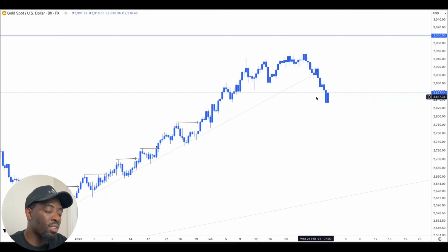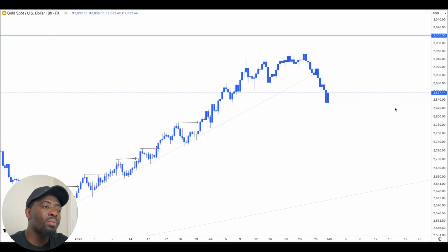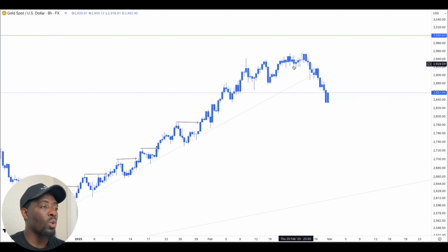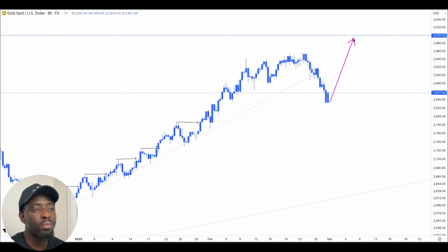So what if these guys are just looking for a discounted price, and they can even take a discount all the way to an area like this and still move prices to the upside? So I don't look at price breaking an area and just saying, all right, cool, because we have a break of a trend line, then we're moving to the downside. So looking at this on the 8 hour time frame, I still have this bias for gold to move to the upside. So now looking at this price action right here, this is where I'll be a little bit